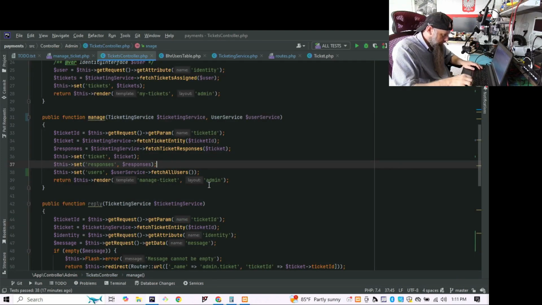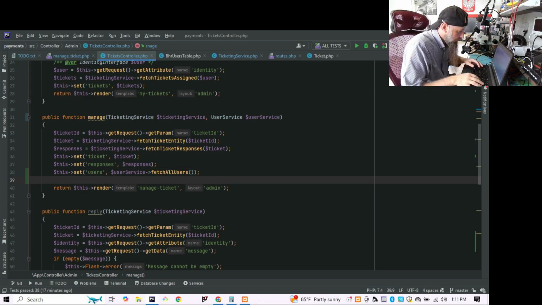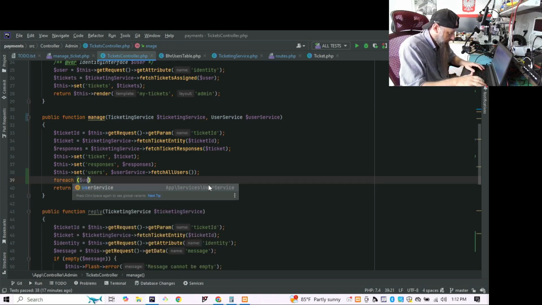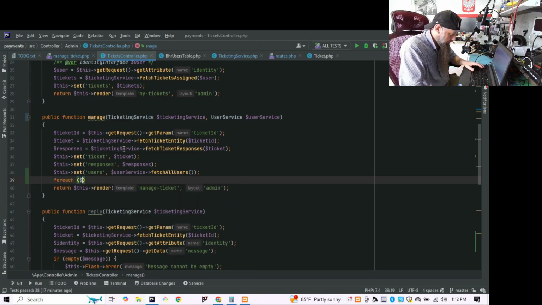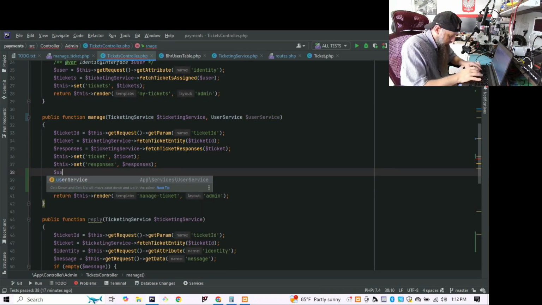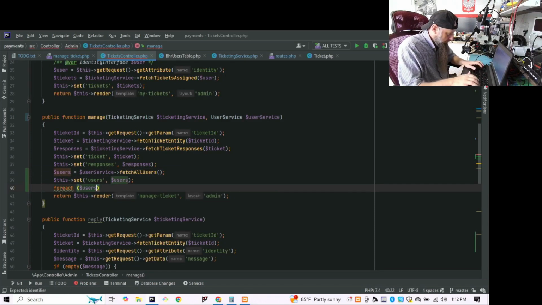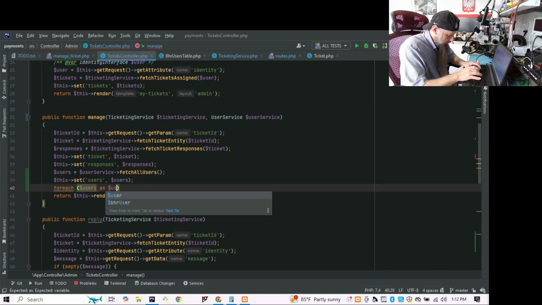Okay, and that user list will be, so here we can just do for each user. Oh, right, because I didn't do it right. So users will be this users, and for each users as user